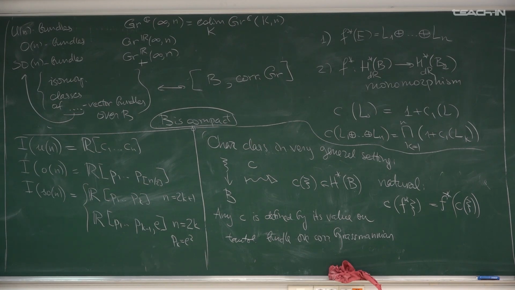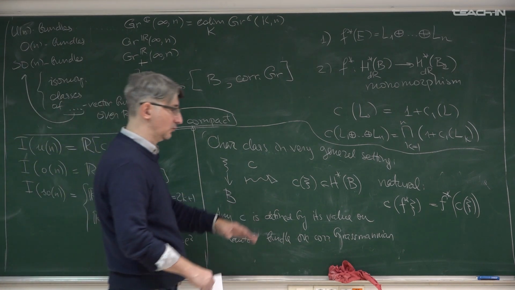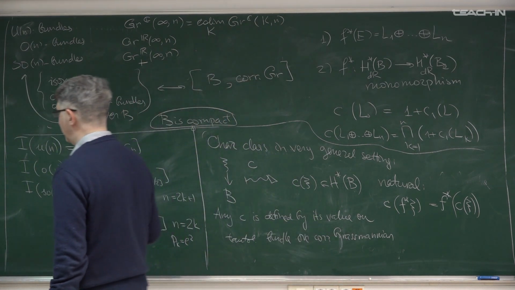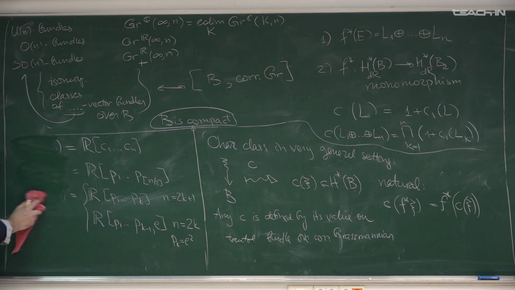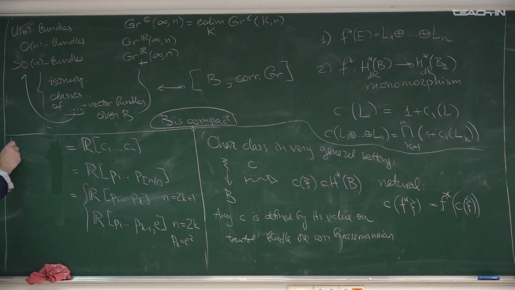We are very lucky because even in this general setting we can prove, we will not prove this statement, but it's not very difficult, but it requires some tools from algebraic topology, that's why we skip it. So, cohomology of complex Grassmannian. Again, we work in the de Rham cohomology, that's why I write here the de Rham. So we take complex Grassmannian of n-dimensional planes in infinite dimensional space, and we are lucky that we have such an isomorphism.